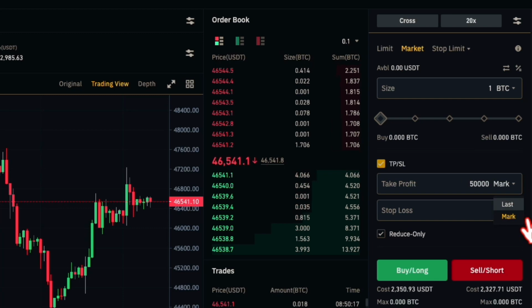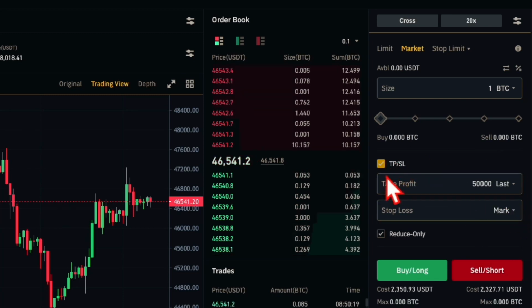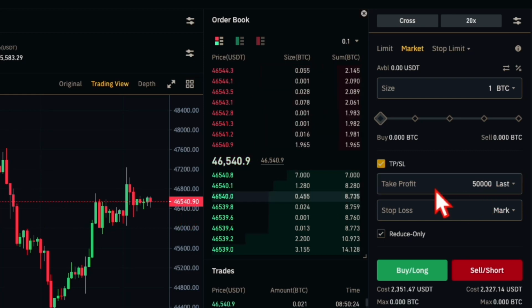And I can go based on last price instead of market price. See? So which means I'm buying 1 Bitcoin here, and I'll take my profit when Bitcoin has reached $50,000. So when it has reached $50,000, the market will close by itself for me to take the profit. And also, if the market goes against me, that's when we have stop loss. If I'm saying the market will go up from 46 to $50,000, what if the market goes down? At what point do I want the market to stop me if I am wrong?